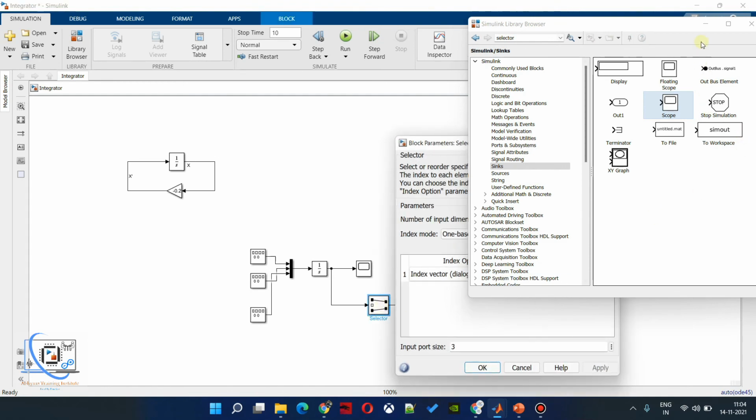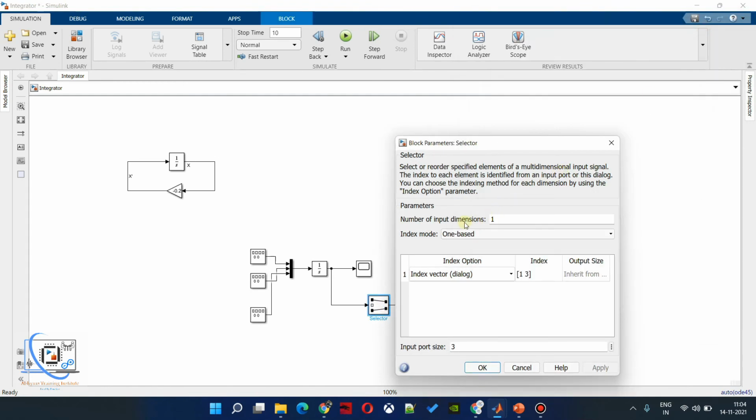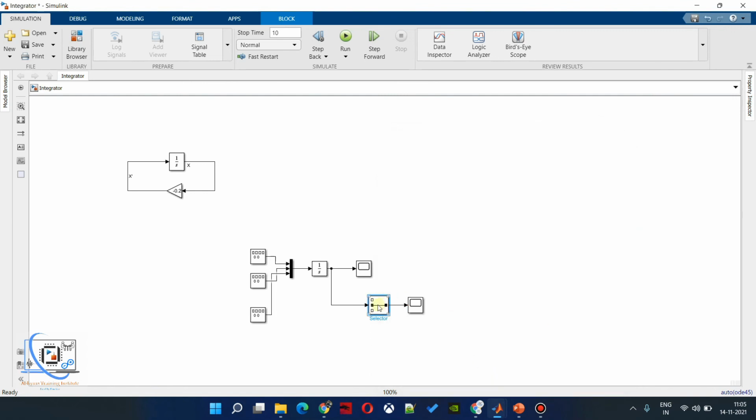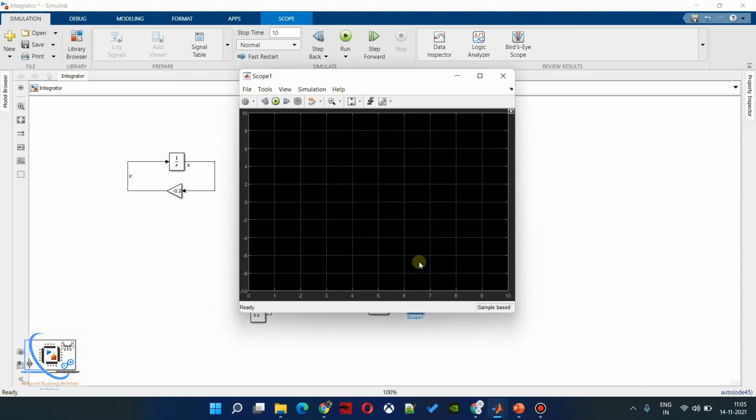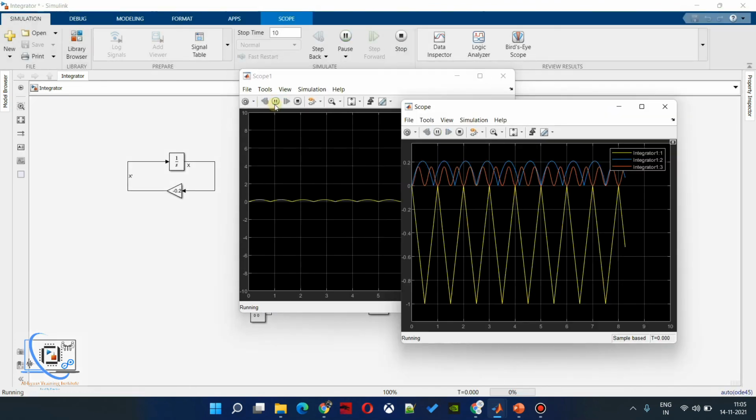We have to set the properties, of course. Number of input dimensions is 1, input port size is 3, and we want to select the second signal. Then I will say OK. You can see the input signal size is 3 and we are getting a single output.